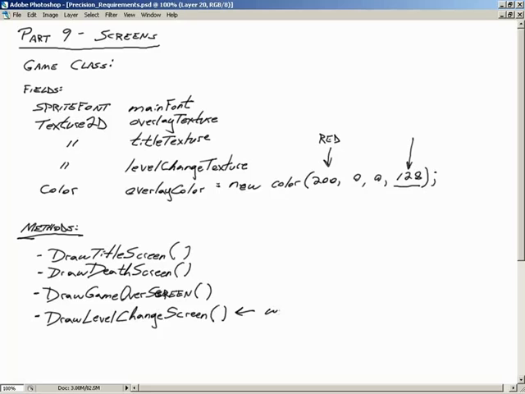Right. So that leads us to the level change screen. We're doing that last because that has the most elements. Now we'll need to draw what level we're on, how many cells the level is going to have, and how many enemies. Now we don't actually have those numbers yet, but we can position all the elements. We know that we need